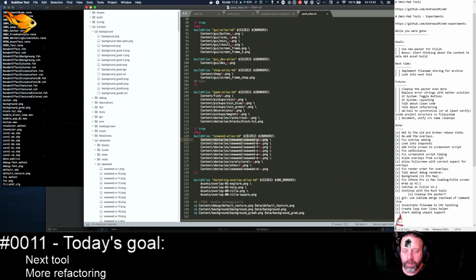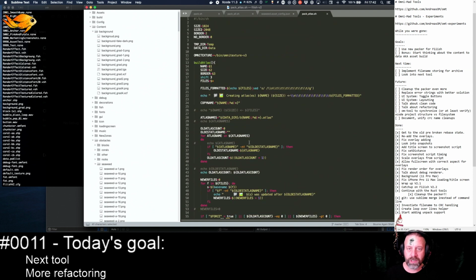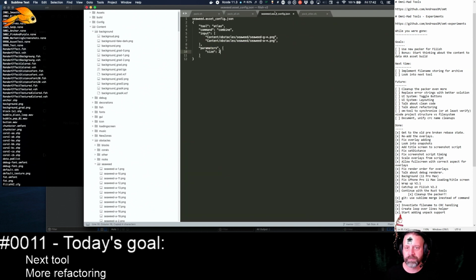and then we could have more parameters, so size. And I'm leaning towards having a generic parameters, options, whatever, and then have an array here again, and that says, okay, we have one that's size, and size actually is 2, I believe. No, size 2 is 2048. So, and say border is 2,